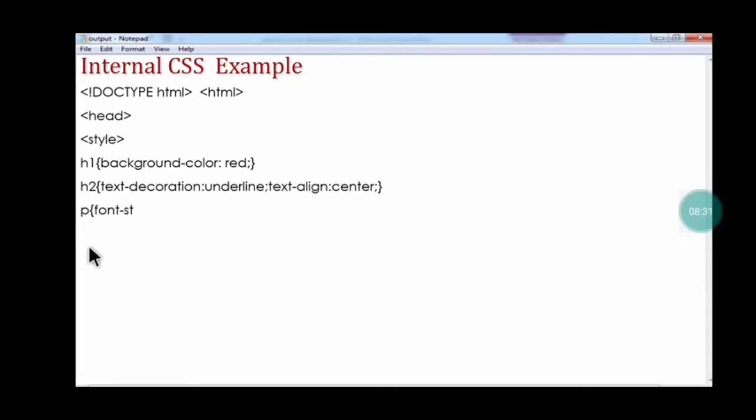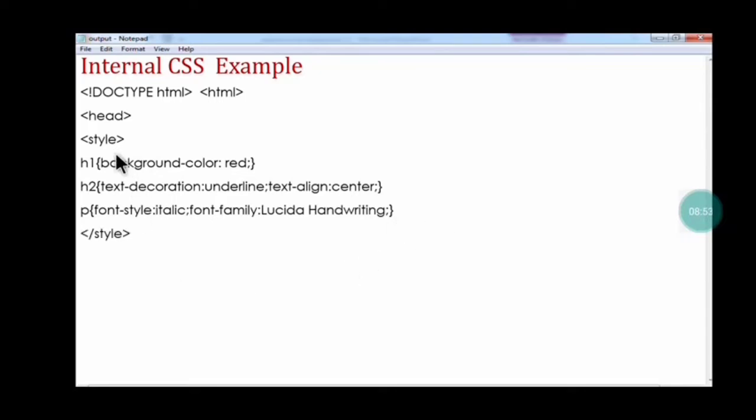Next, I have given font style to the paragraph, that's why I use the p tag. The font style is italic, and the font family is given Lucida Handwriting, means the full paragraph will be displayed in the italic style and the Lucida Handwriting font.